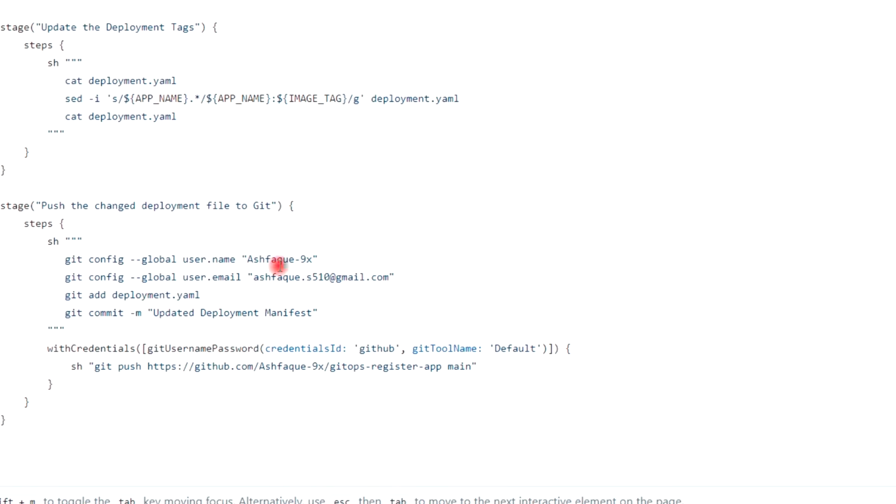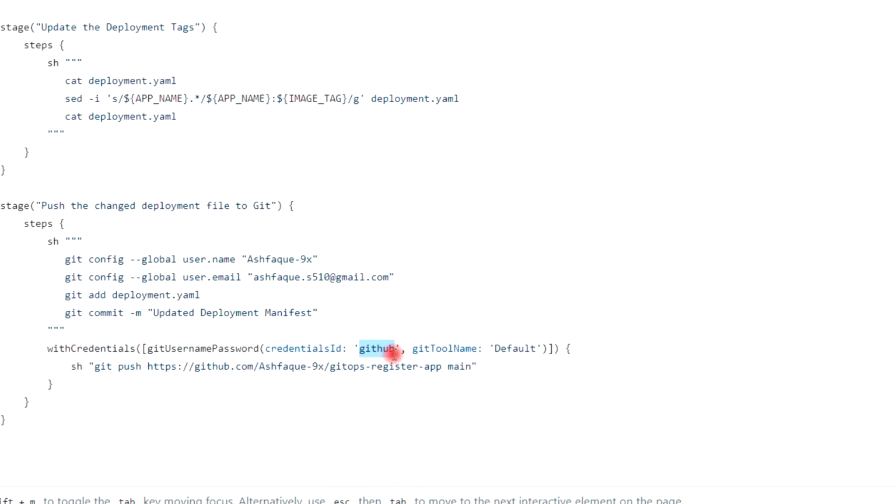So in this stage, this is my GitHub username. This is my email ID, and it will push the locally changed deployment.yaml file to the remote repository. It will use the credentials defined in Jenkins.